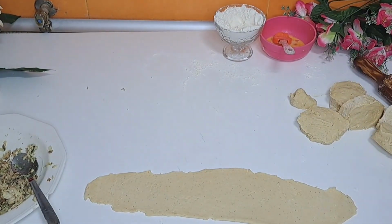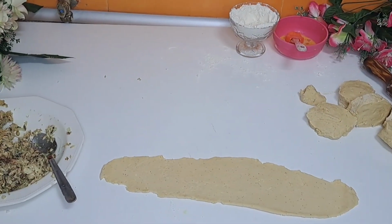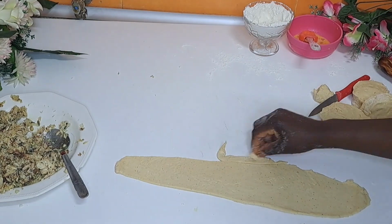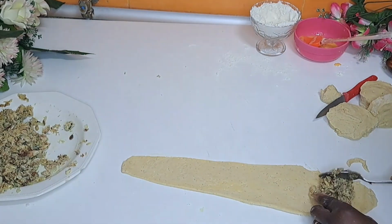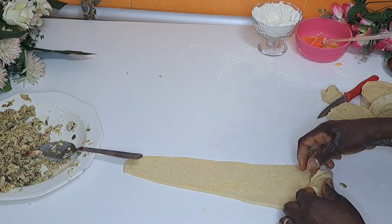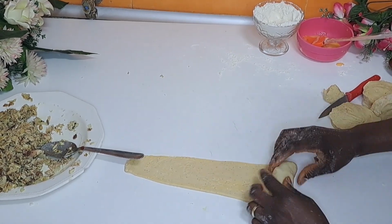Our fish roll is almost ready, guys. Wow, in fact my throat is on it already. I can't even wait for this fish roll to be ready. You can merge this one with cold Fanta, Coca-Cola, Zumo, tea, just name it. Oh my God,